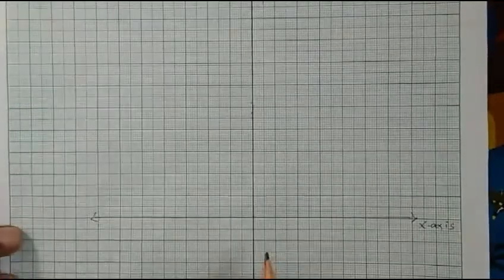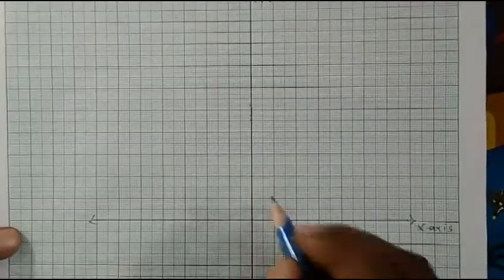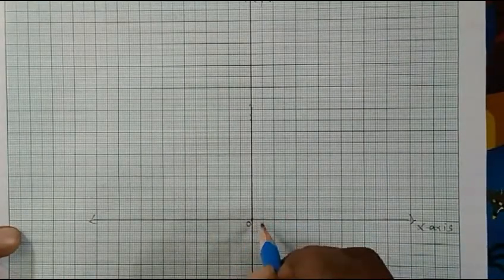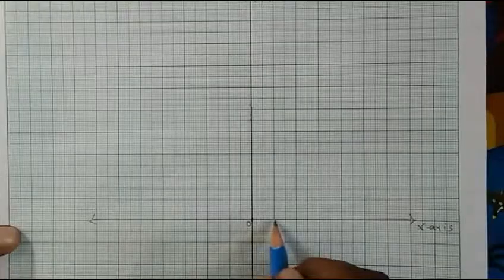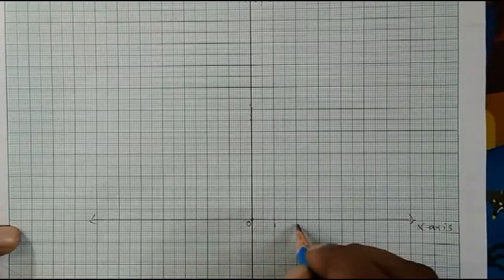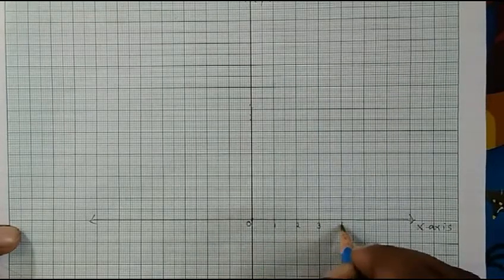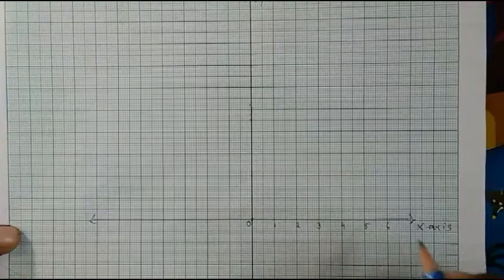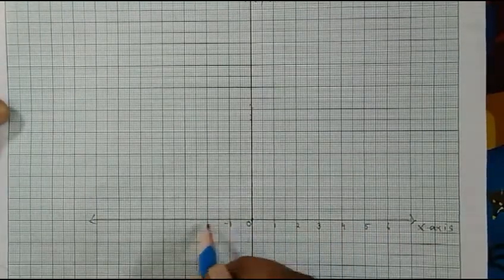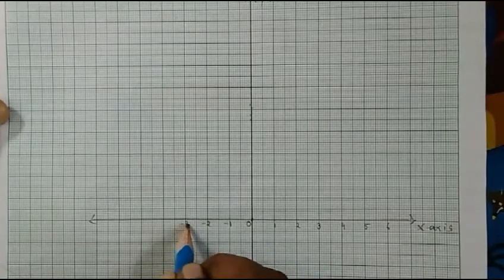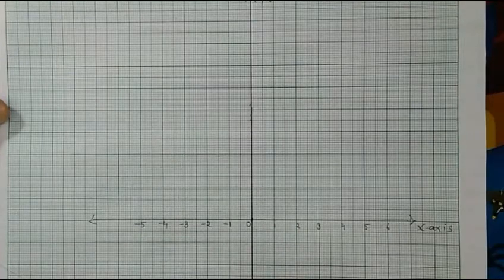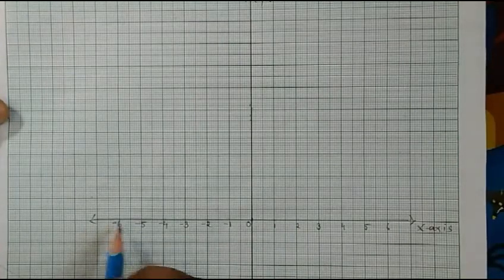Then we have to take a suitable distance, as it is said. Suitable distance means, this is our origin for x also and for y also. So now we take a suitable distance from here to here, taking 1, 2, 3, 4, 5, 6. Same distance we have to take on both sides. So here -1, -2, -3, -4, -5. I want to take one more, -6.